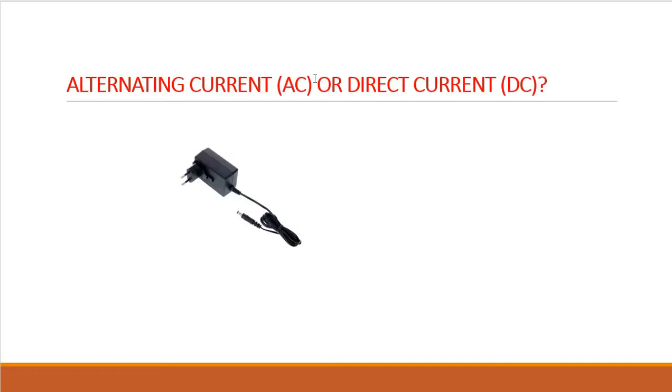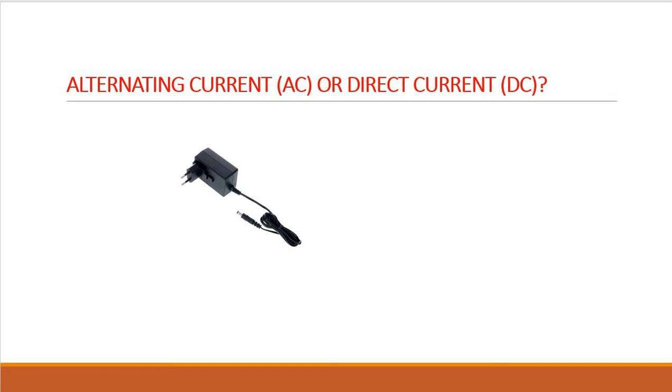Now, the question is AC, the alternating current, or direct current DC. So I think this gadget is very familiar to all of us. Whether it be a mobile phone or a laptop, these kinds of devices are powered with the help of an adapter. And you know that the function of this adapter is to convert the domestic AC supply or AC voltage to a direct current or DC voltage, because the electronic devices work on direct current or DC.